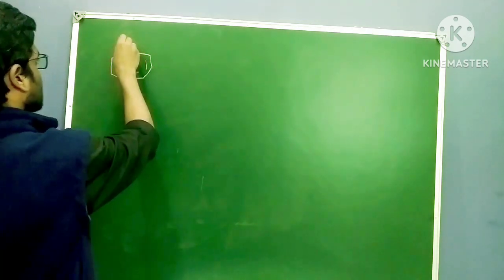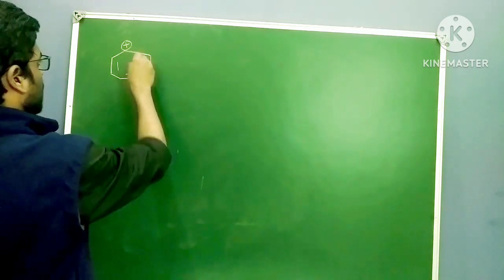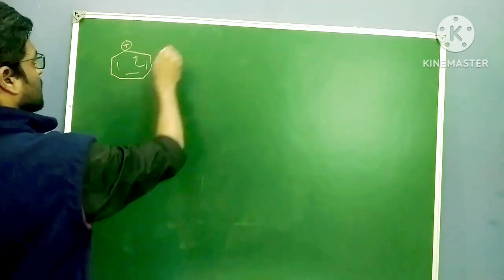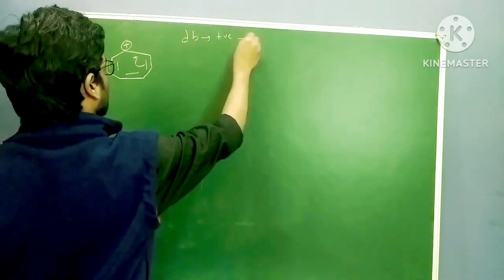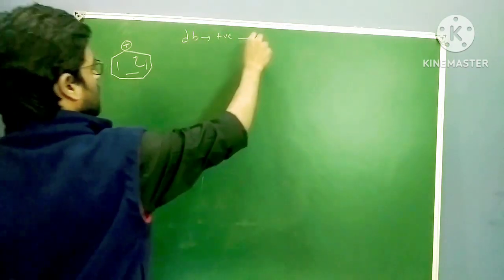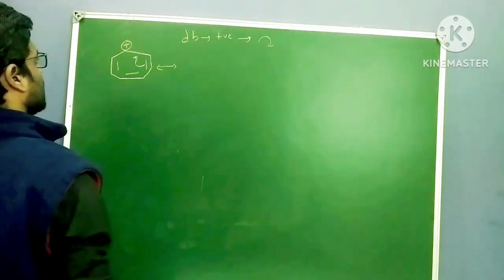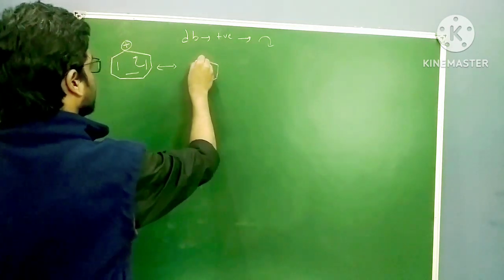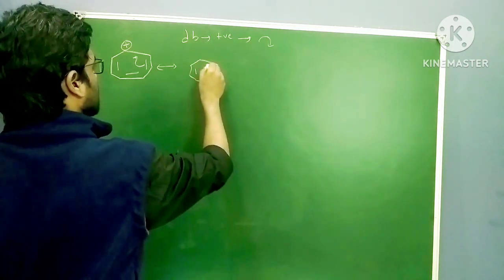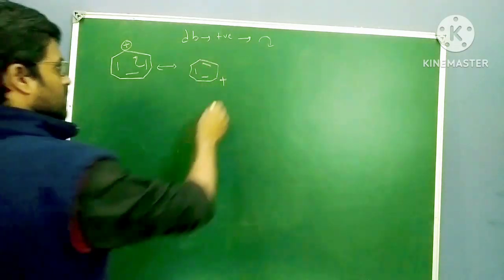So I am taking this, here positive charge, right? Now the first movement, double bond to positive, double bond towards the positive charged atom, clockwise. So this is clockwise. Okay, so you have to rotate throughout clockwise. So first structure, here this is double bond and here gets positive. So next one,